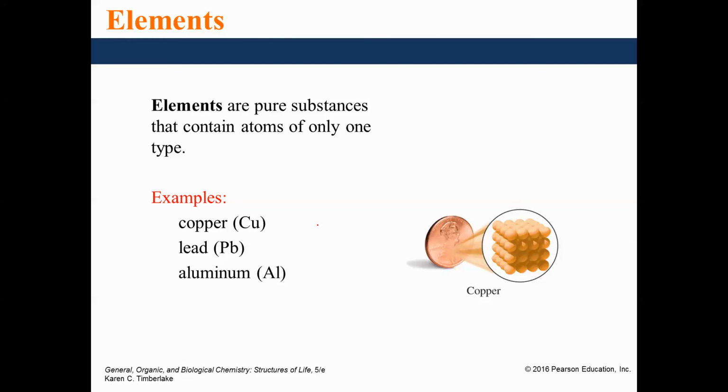Elements are going to be composed of a single type of atom, and we can find a list of all of them on the periodic table. Copper, for instance, is the stuff that pennies are made out of, and that's an element. Copper is composed entirely of copper atoms. Lead is composed entirely of lead atoms, and so on and so forth. And these are all listed on the periodic table. But what happens if we combine these elements together and we chemically bond them to each other? Well, we end up with